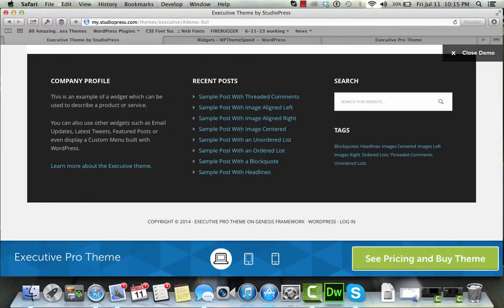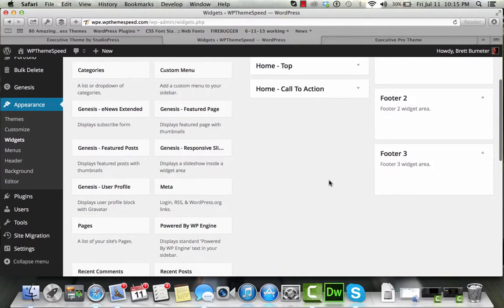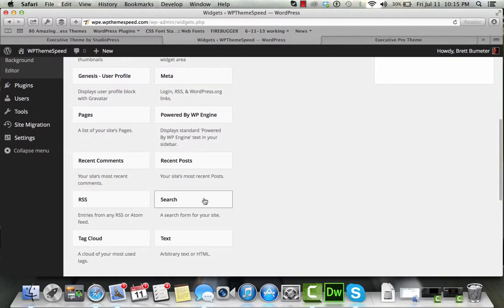Now I will mention that a lot of times with this particular design, if you don't put something in the first footer widget, nothing else will show up. I'll see if that is the case here with the Executive Pro. We'll put in the search and the tags in the far right item and see if